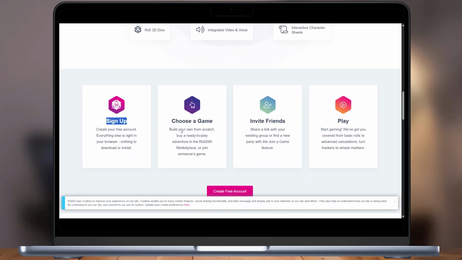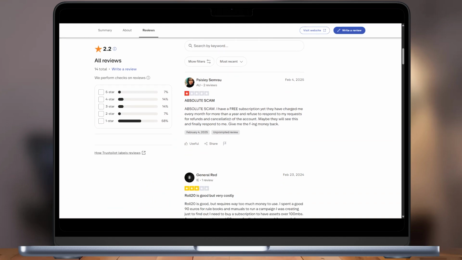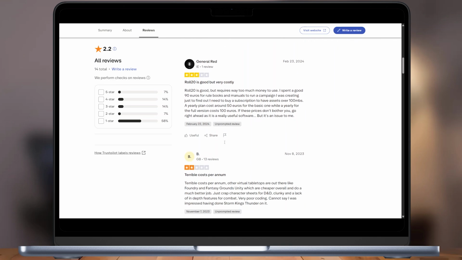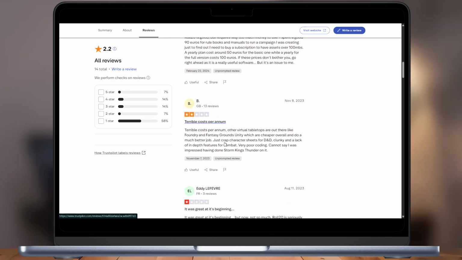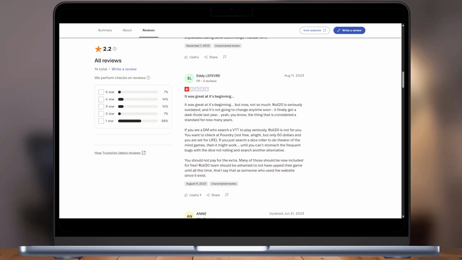The platform is beginner-friendly and ideal for casual gamers or groups looking to play online without investing in expensive software or hardware. Most users on Trustpilot have mixed experiences with Roll20. Some find it useful for running campaigns online, appreciating its accessibility and beginner-friendly interface. However, many criticize the platform for high costs, frequent bugs, outdated features, and limitations in free plans. Users also report frustrations with subscriptions, asset restrictions, and slow updates, noting that alternatives like Foundry can offer better value